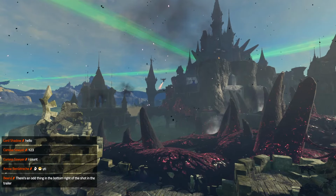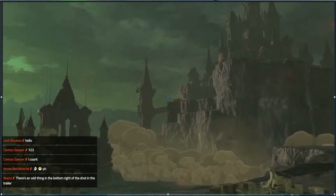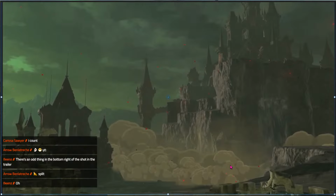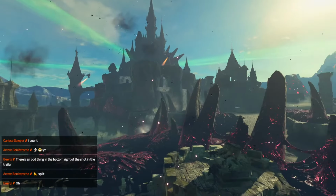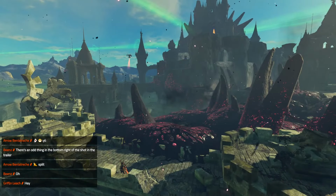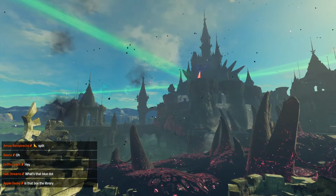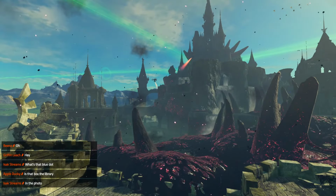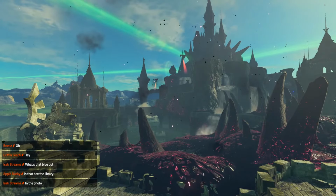That odd thing is the piece of the, are you talking about this right here, Beans? It's a piece of the statue, the bird statue. Yeah, so if we go out right here, I can show you it. But yeah, it's a piece of the bird statue. You can hear the little Korok floating around. So yeah, like right about there is about the same scene. It's a little bit over, but